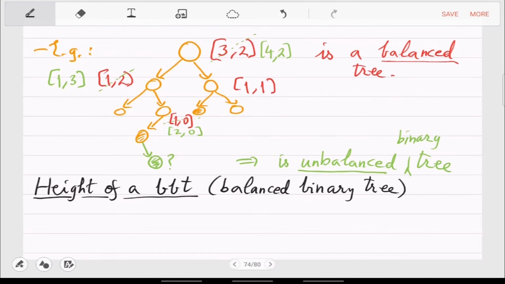So in terms of number of nodes, so if the number of nodes is n, what do you think is the height when the tree is balanced? You already know log n. Why is that? What is the proof of that? So you only know the answers, you don't know the proof.